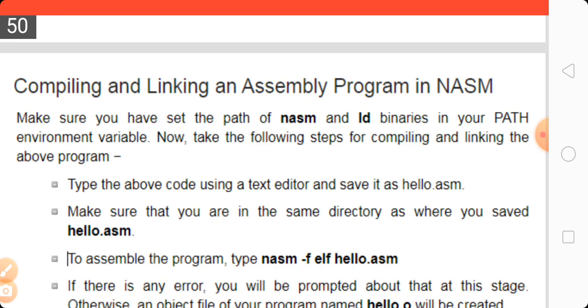The .asm is the extension of an assembly language program. Whenever we want to write a program in C language, we use the extension .c. Like C++ uses .cpp, likewise in assembly language, .asm is the extension for an assembly language program. So we first have to save it: give the name of the program and then .asm. Now, the second thing is that